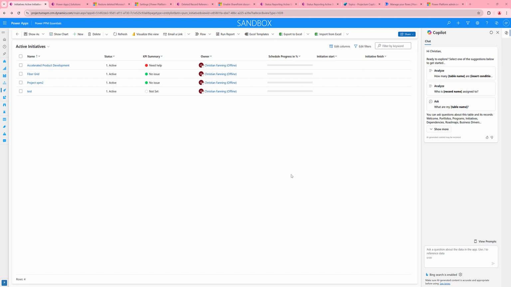Hey, so today I came across a really nice new feature that I wasn't aware had been released. So I thought I'd just share it. It's basically how we can restore deleted Microsoft Dataverse entities. So we all, by accident, delete a project, a task, or something like that, and we want to